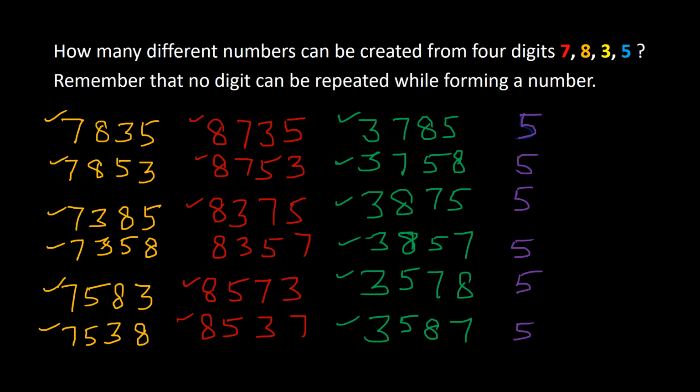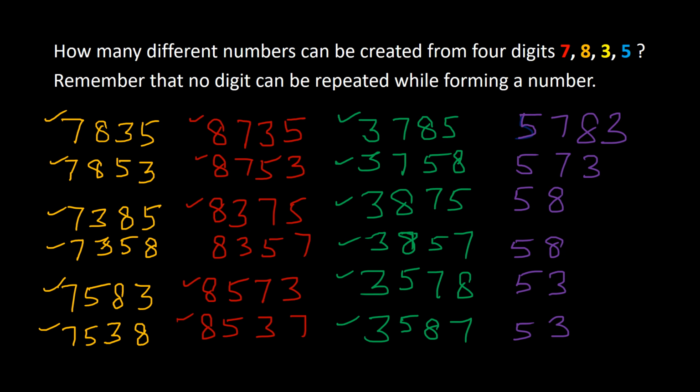Now once we have chosen the first digit as 5, then 7 can come at one place, then here again 7, then here we'll have two numbers with 8, then we'll have two numbers with 3. So 5, 7, once we begin with 5, 7, then the other two numbers which are possible are 8, 3